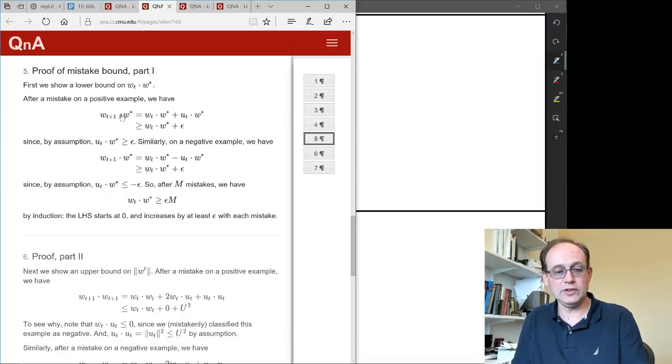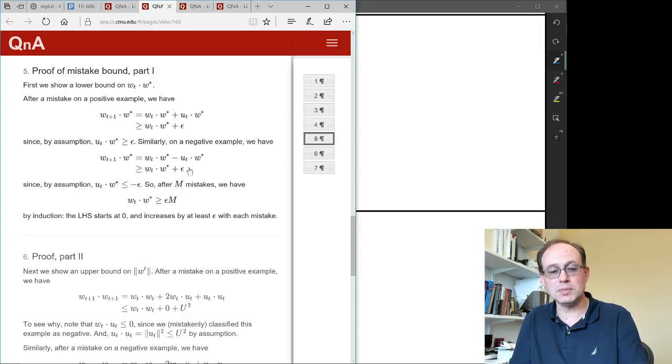So this is bigger than or equal to WT dot W star plus epsilon. Same thing on a negative example. We update WT plus 1 is WT minus UT. Here we know that UT dot W star is less than or equal to minus epsilon, because again, we assumed that W star classifies everything correctly. And so again, we get that WT plus 1 dot W star is bigger than